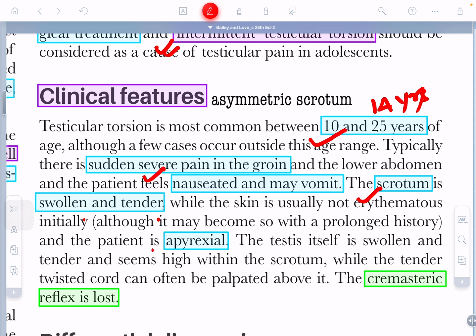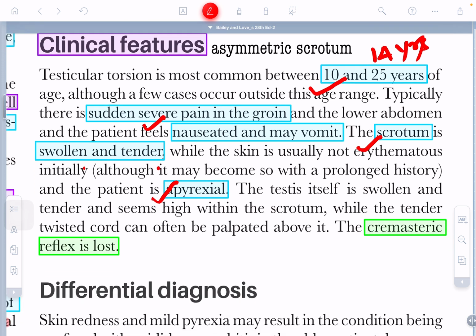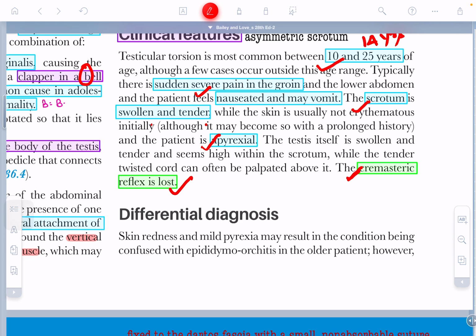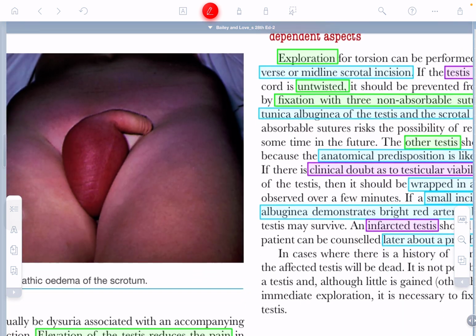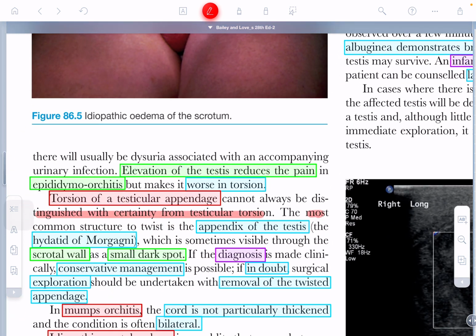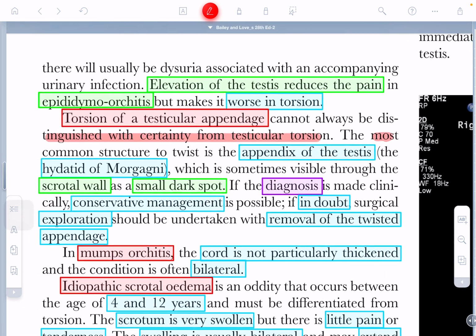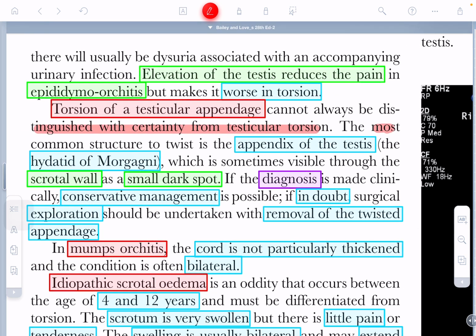Generally there is no pyrexia, and the cremasteric reflex is lost. This is the most consistent finding. Out of all this, cremasteric reflex lost is the most consistent finding. So there are many differential diagnoses, and how are you going to differentiate between them? The first and main one is